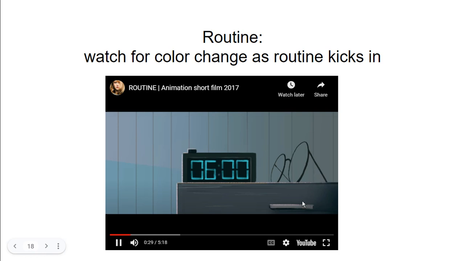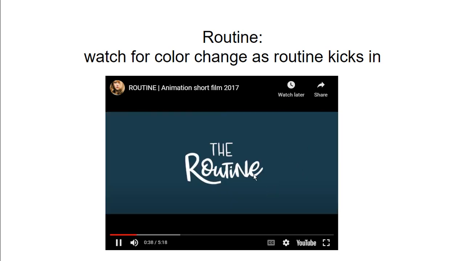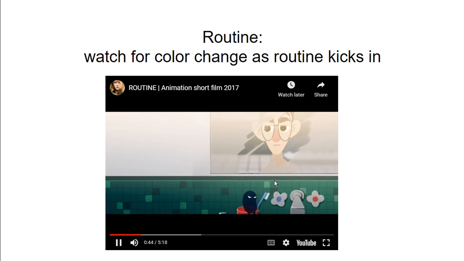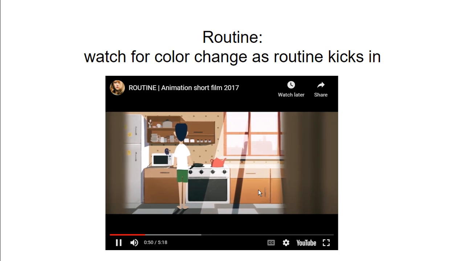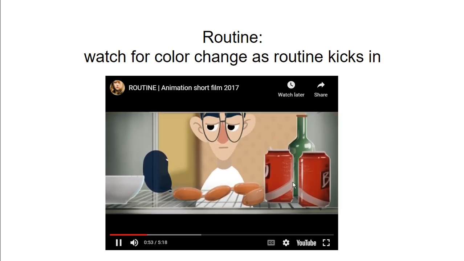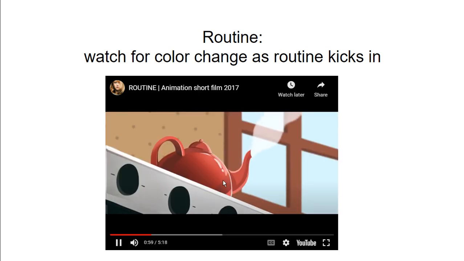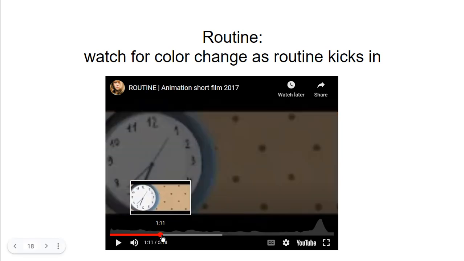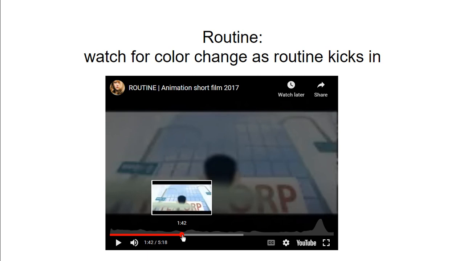And at the beginning of the story, we'll see more colors, right? So we see blue, we see some presence of sunlight, and then the routine kicks in. There are still some bright colors, right? Red, happy colors in the kitchen. Green and red are contrasting colors. But as it goes, you will start noticing the color change. So I'm gonna scroll through the story and you can watch it entirely. So he goes around his life,